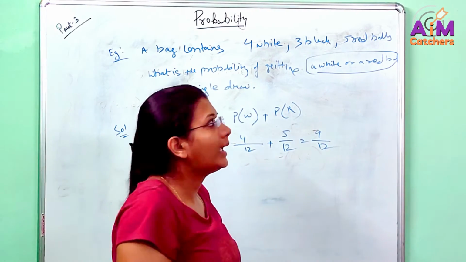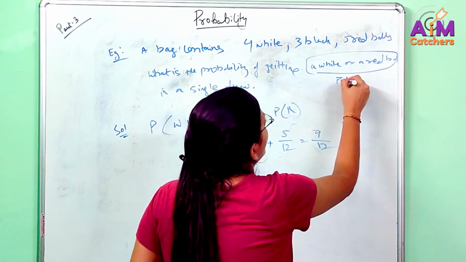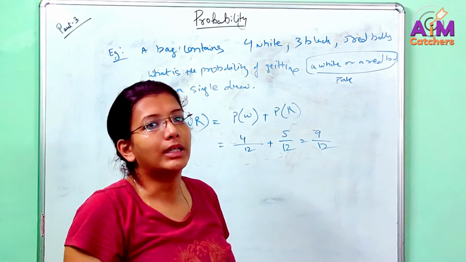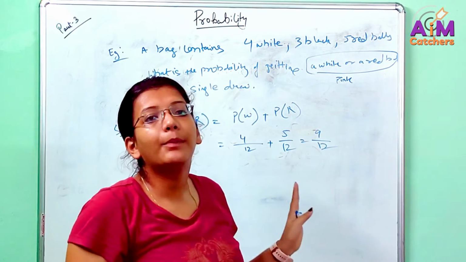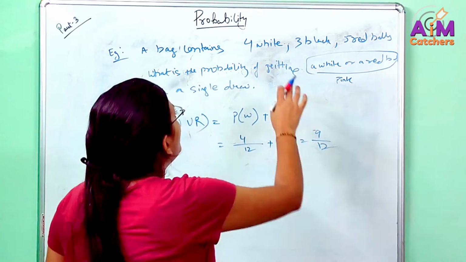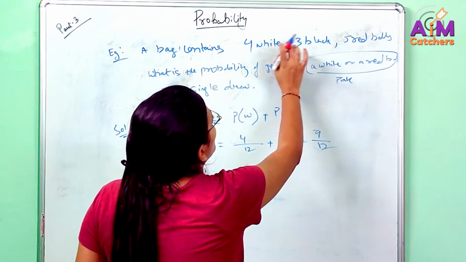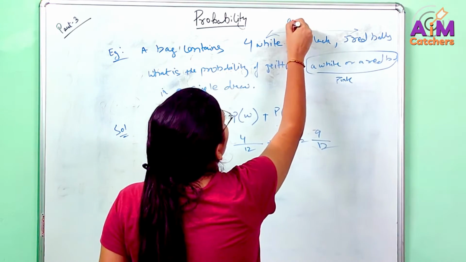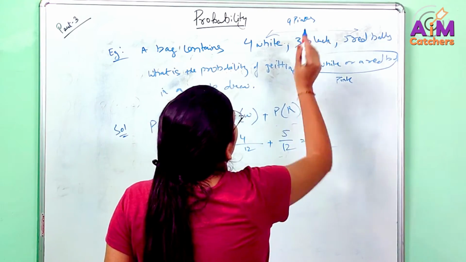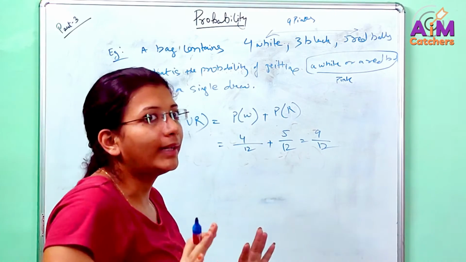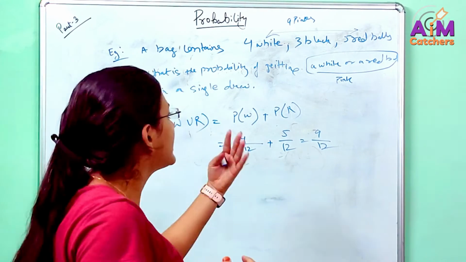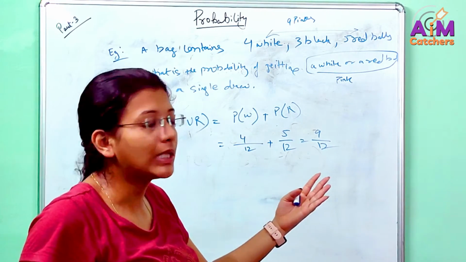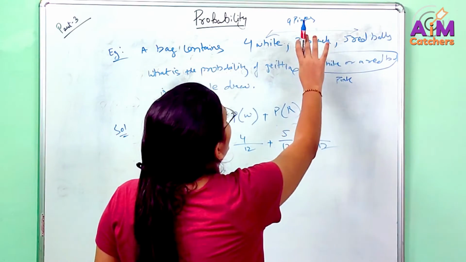Say imagine it like we are asking for pink ball. ठीक है. White और red ball मिलके pink बन जाता है. तो हमसे पूछा जा रहा है पिंक बॉल आने का प्रोबेबिलिटी कितना है. वहीं पे हम लोग इस बैग में अगर कंसीडर करते हैं, हमारे पास 4 व्हाइट एंड 5 रेड बॉल्स है. इन दोनों को अगर ऐड कर देते हैं तो हमारे पास 9 पिंक बॉल्स है. ठीक है. इमेजिन करने बोल रही हूँ, पिंक होता नहीं है, व्हाइट एंड रेड को मिला के पिंक नहीं होता है. जस्ट आपको समझाने के लिए मैं बता रही हूँ और वाले कंडीशन के लिए. सो 4 + 5 9 पिंक बॉल्स है.